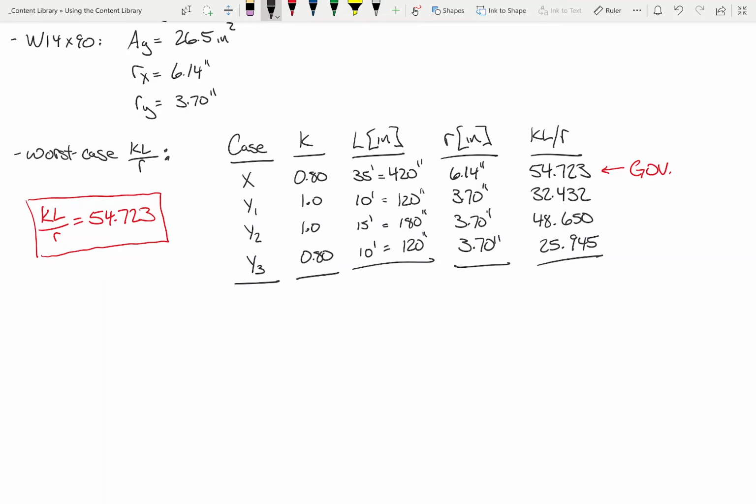FE, right? So we would say, okay, FE is pi squared E over KL over R squared, okay? Now, pi squared times E, what's E? For steel? 29,000 for structural steel. I want that number sort of burned into the back of your head by the time